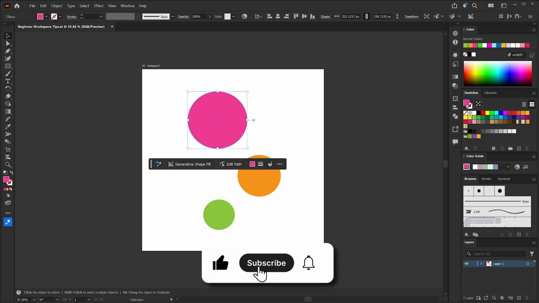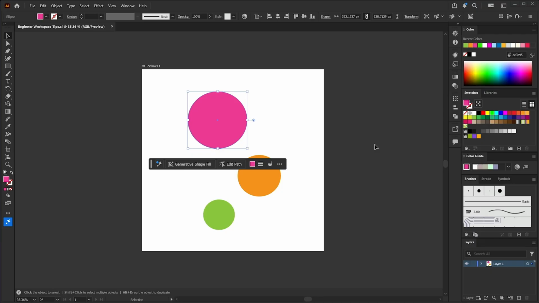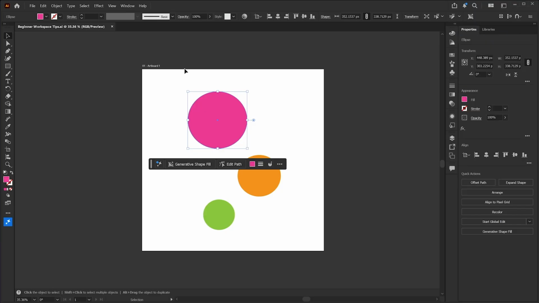One of the first things I like to have my students do when I'm teaching Illustrator beginners is to learn how to set up their own custom workspace so that you feel like you have more control over the process and what's visible as you are trying to learn and work. So usually I have them come up here and start with the Essentials Classic workspace. And if you have already made changes to this workspace, it may look slightly different. So I always suggest going back into the workspace switcher and just clicking Reset Essentials Classic. So now you're working with the default Essentials Classic preset that comes with Adobe Illustrator.